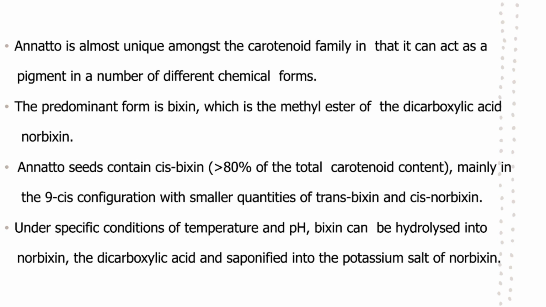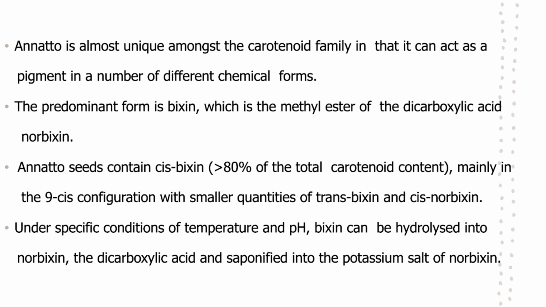Annatto is almost unique amongst the carotenoid family, and it can act as a pigment in a number of different chemical forms. The predominant form is bixene, which is the methyl ester of dicarboxylic acid norbixane. Annatto seeds contain cisbixene, which comprises more than 80% of the total carotenoid content present in the annatto seeds, and which is mainly in 9 cis configuration with smaller quantities of transbixene and cisnorbixene, the minor constituents of annatto